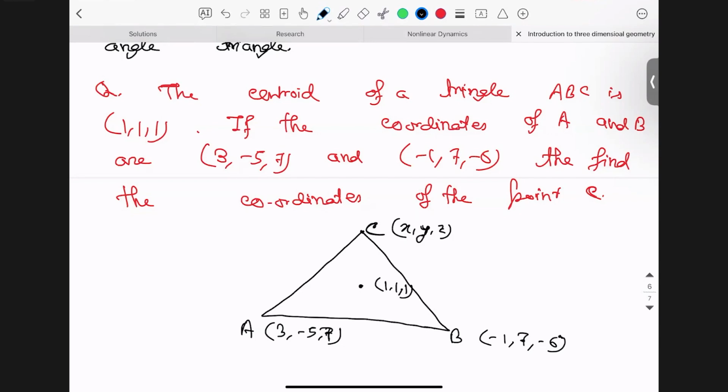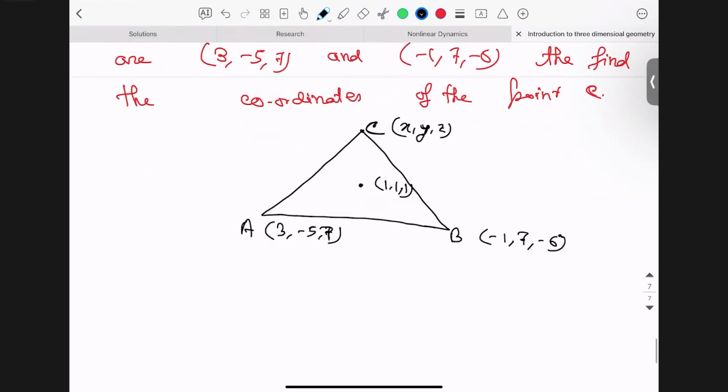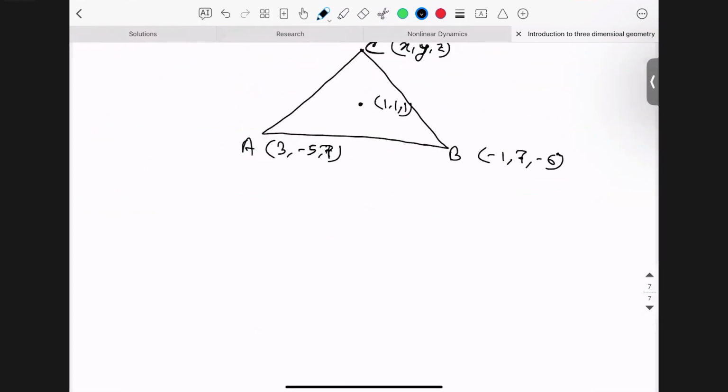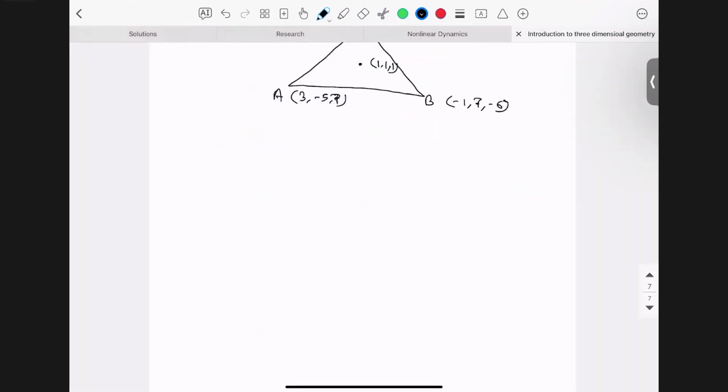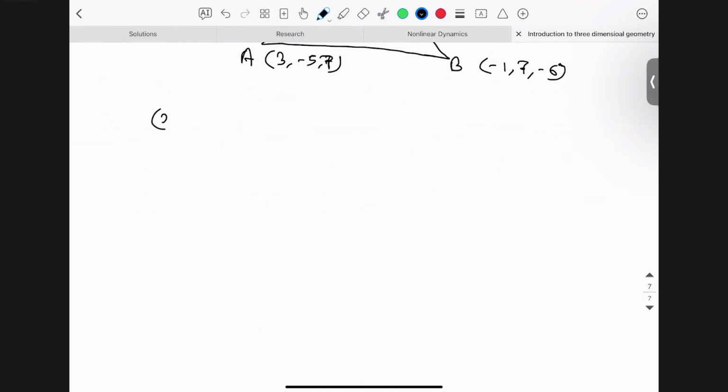Now what is centroid? Centroid is that if we add all the coordinates and divide by 3, whatever we get, that is the centroid of the triangle. Like if the coordinates of the vertices of a triangle are x1, y1, z1, x2, y2, z2, and x3, y3, z3, then the coordinate of the centroid will be